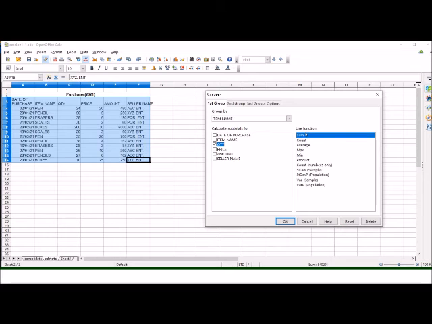And we can select any of these functions like sum, count, average, max, min. Suppose we select sum and we want the total of quantity grouped on the basis of item name, then we will select these options and then we will click on OK.